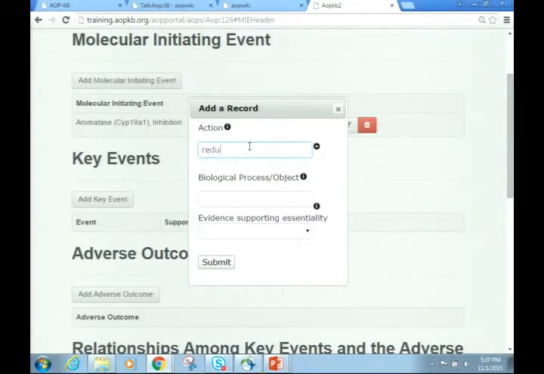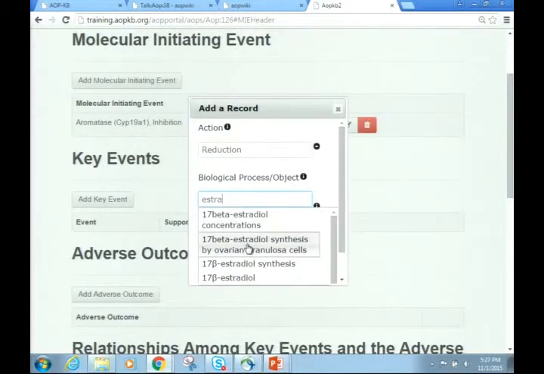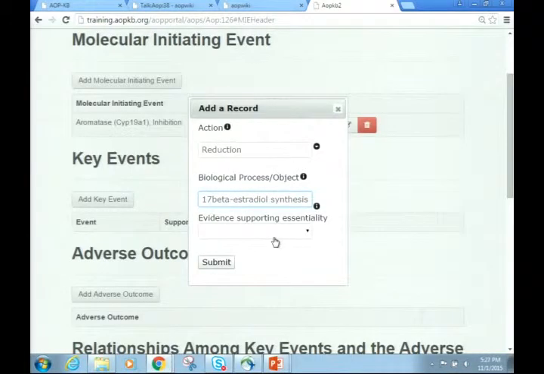So then our next one was reduction in estradiol in the granulosa. Any essentiality call on that one? Key event 2? All right.